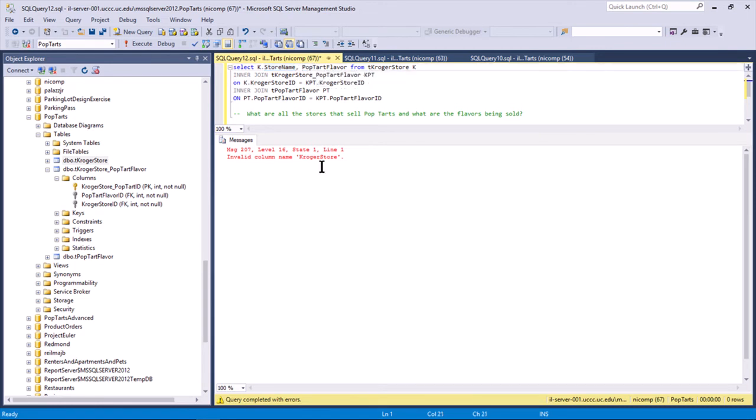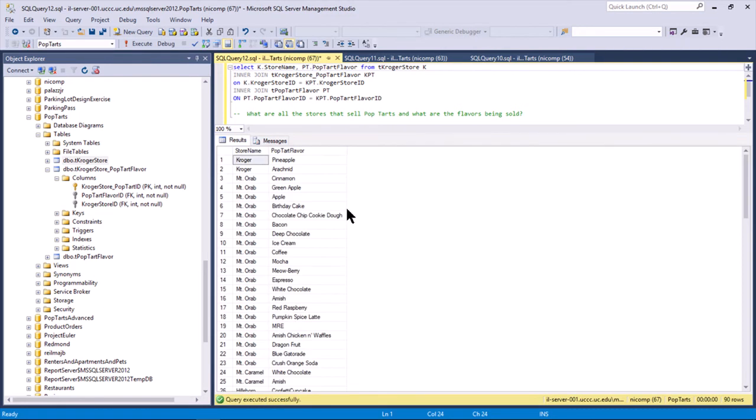To be more precise, I could put PT in front of that. Run that query. We've reduced the result set dramatically. Now we have the store name and the flavor being sold at that store. This is a lot easier to deal with from a human being perspective. Notice that the Mount Orab store sells a whole bunch of Pop-Tart flavors. All the way from the third row in the results set down to the 23rd row, approximately 20 different flavors